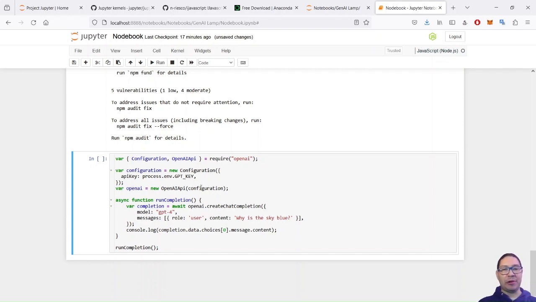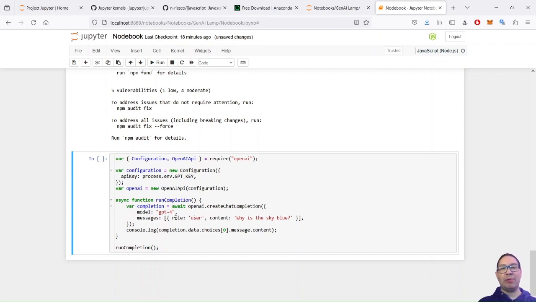I pass the configuration as a parameter, and then I can make an asynchronous call to the create chat completion function of the OpenAI object. I just pass as parameters the name of the model I want to use, which is GPT-4, and the messages, the prompt that I send to the model.